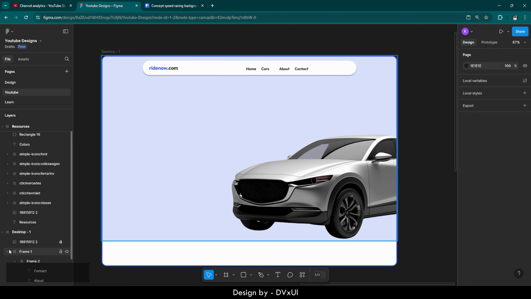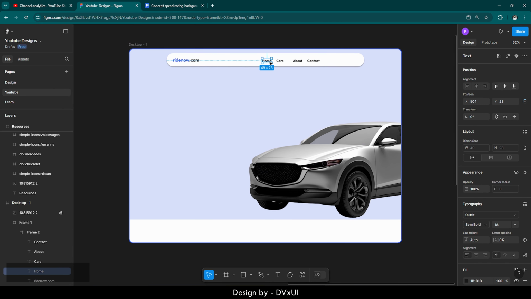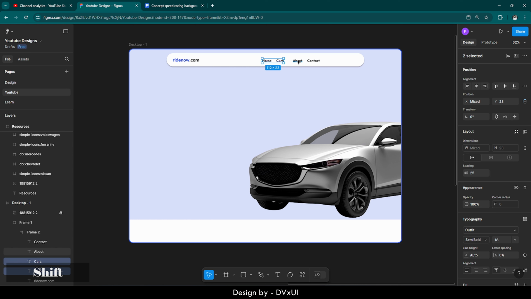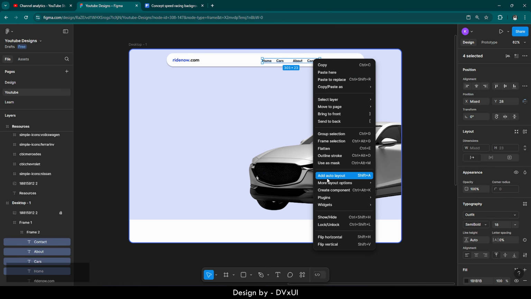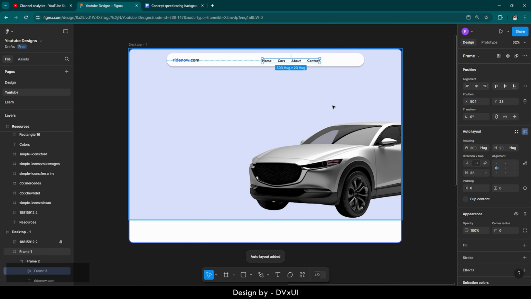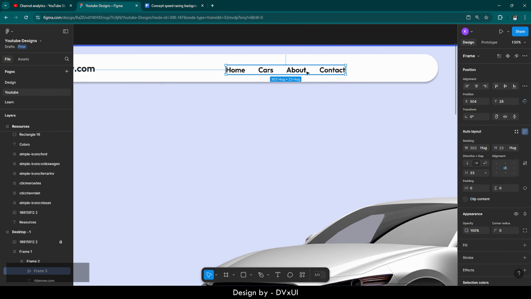Now, as you can see, they are not perfectly aligned. In order to perfectly align them, I'm going to select each of them by holding shift and clicking on them. And now right click and select add auto layout. Now they are placed horizontally centered and they are perfectly aligned. I can change the gap between these texts. So for that, I'm going to change this from 33 to 60, let's say,